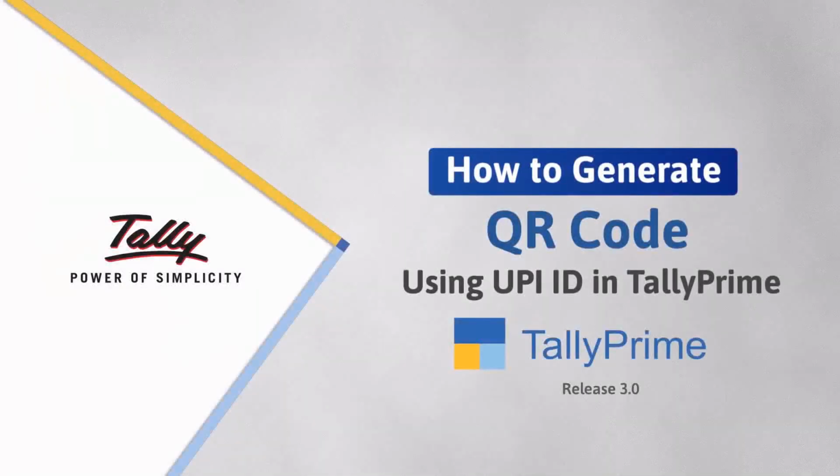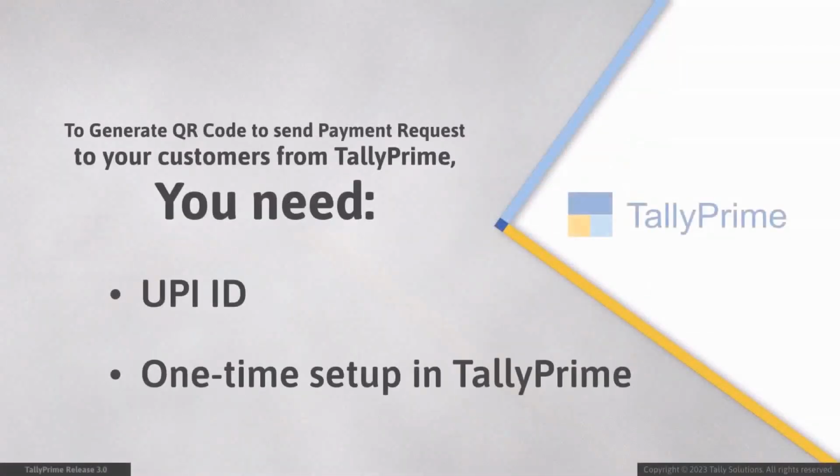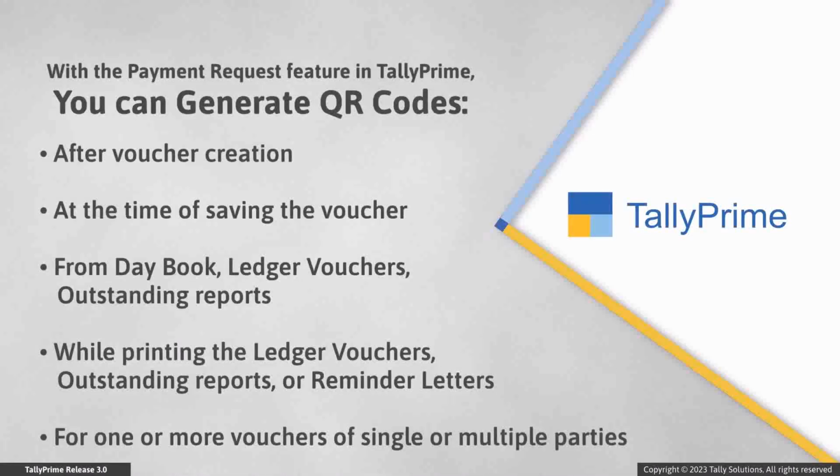In this video, you will understand the process of generating QR code to request for payment from your customers. To generate QR code and send payment request to your customer, all you need is a UPI ID and a one-time setup in TallyPrime. You can easily do it from within TallyPrime after the voucher creation, at the time of